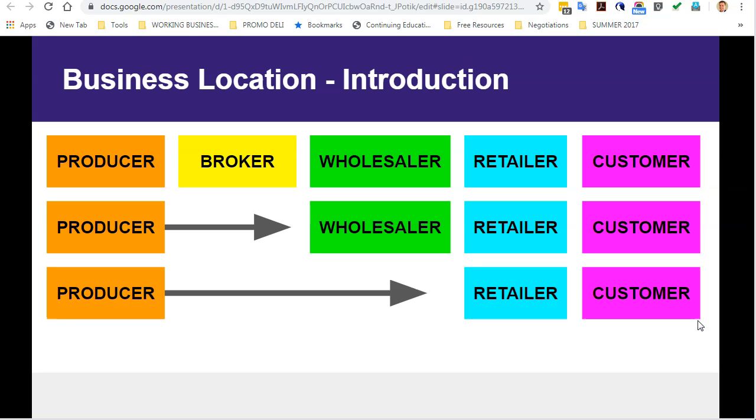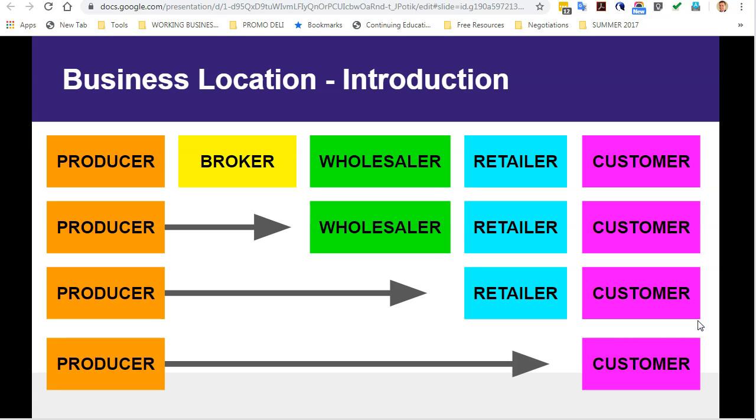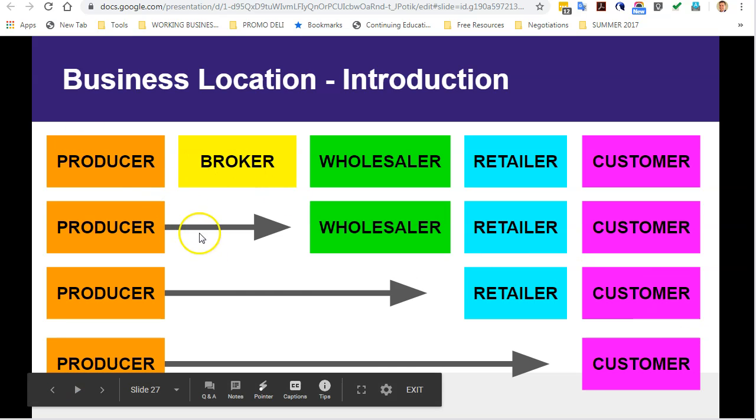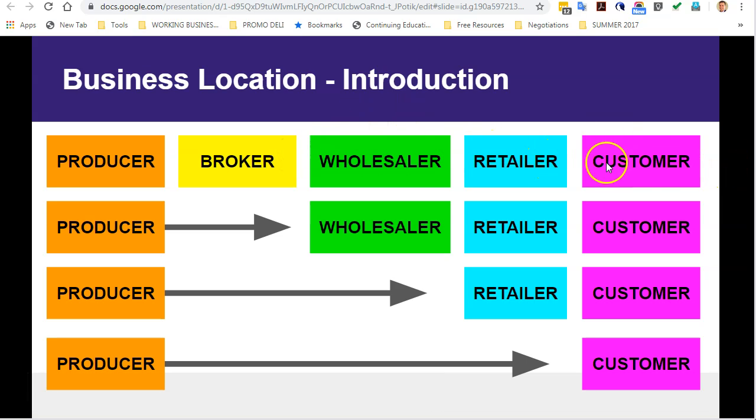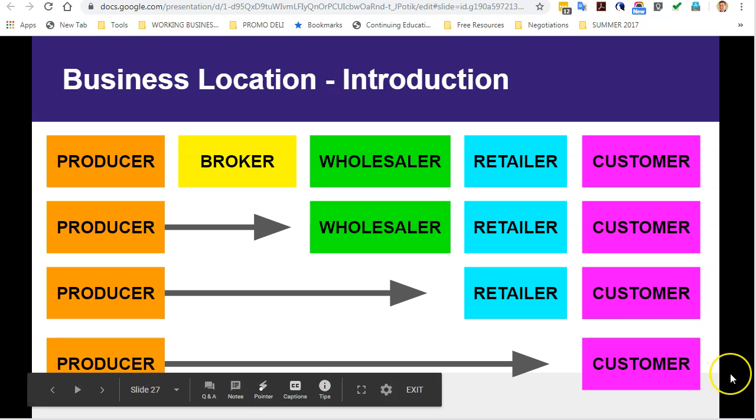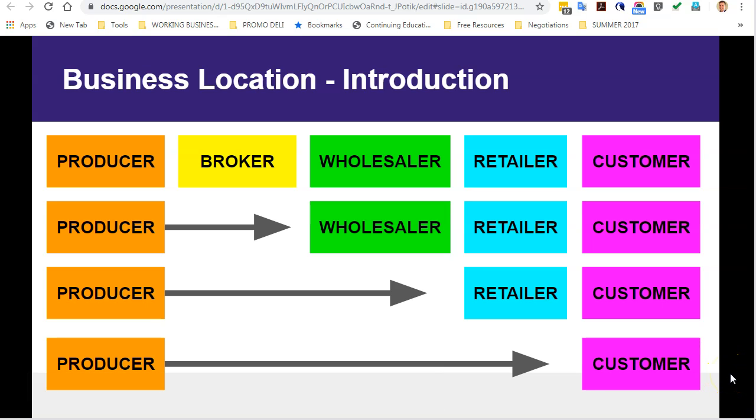You might be able to ship your product straight to a retailer like Amazon rather than having to go through a wholesaler. So Amazon acts like a wholesaler and retailer, so it's a one-stop shop for producers that want to reach their customer by putting it in a retail shop, but they don't want to deal with all the wholesale distributors. And finally, a producer can now sell direct to the customer. We see this distribution chain going from heavily linked with a broker, wholesaler, and retailer to finally the customer, and going down where the producer is selling directly to the customer.